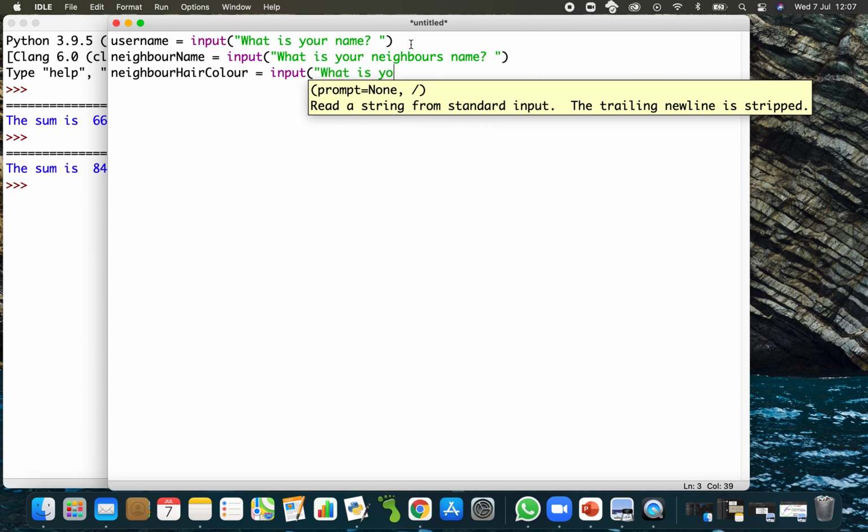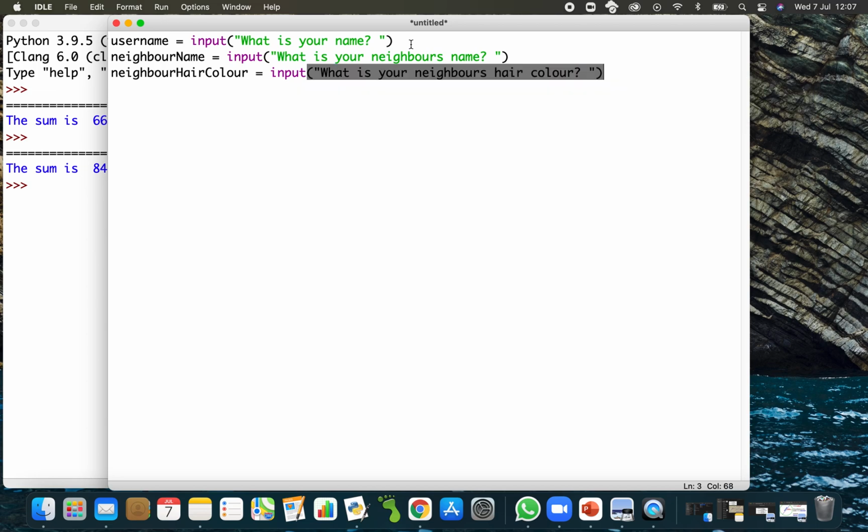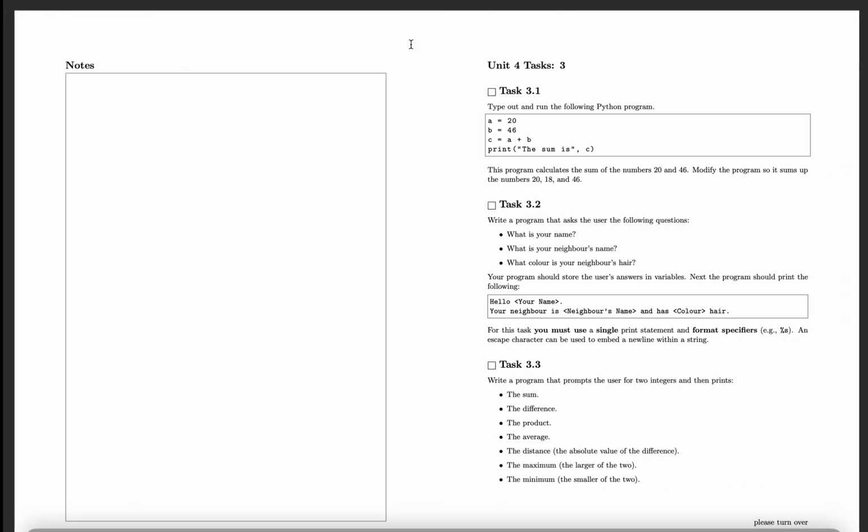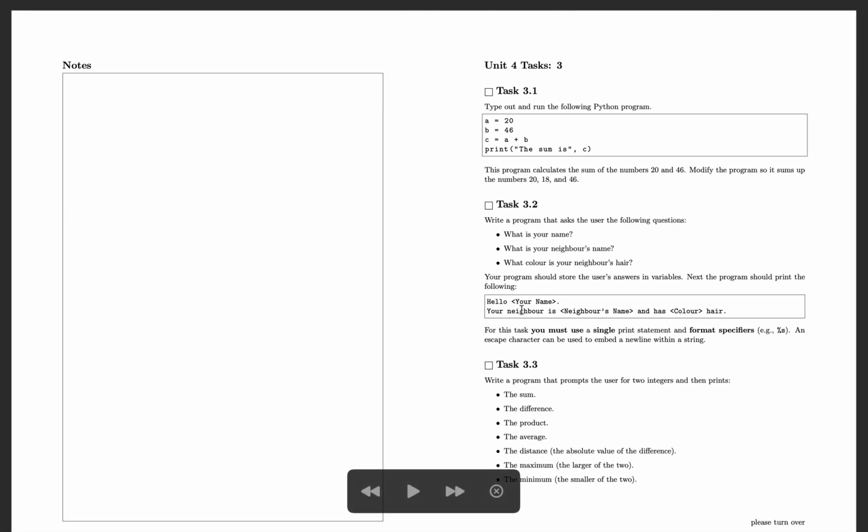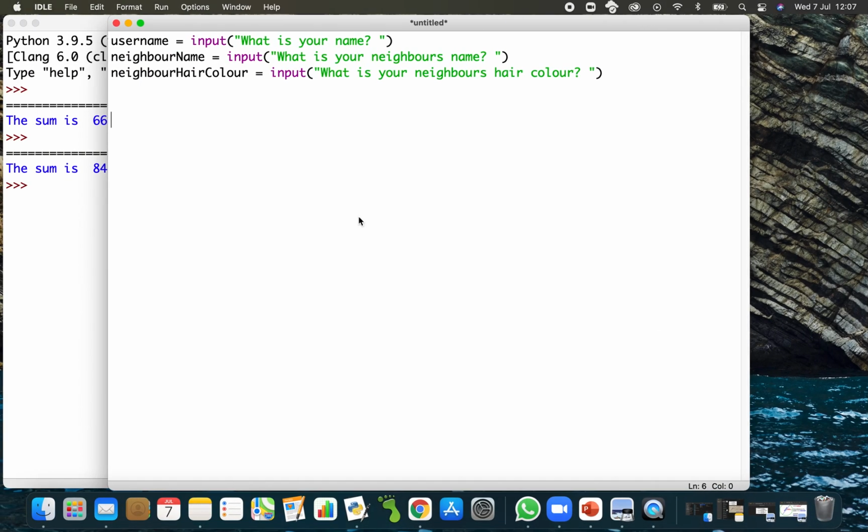What is your neighbor's hair color? Okay. And then the program asks us to print, hello, your name, your neighbor is blah, and has hair color blah, right? But it's asked us to do that in a single print statement using format specifiers. So we're going to print